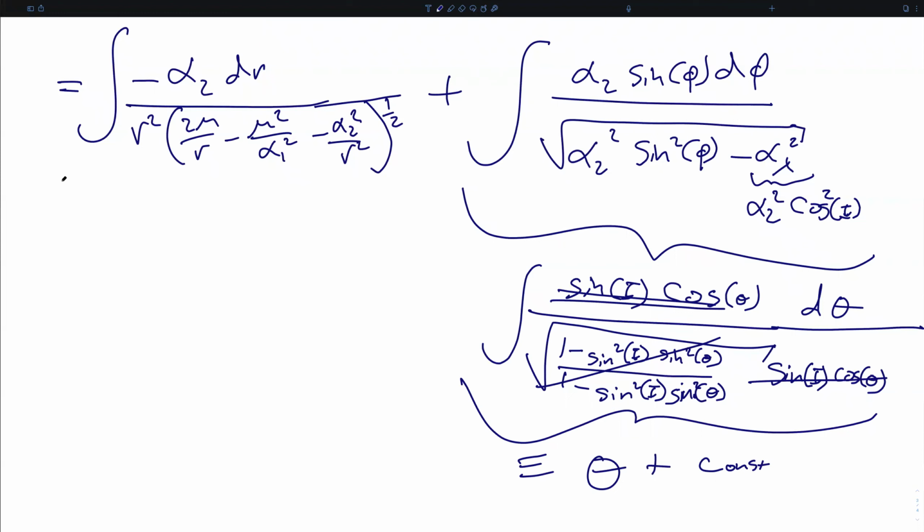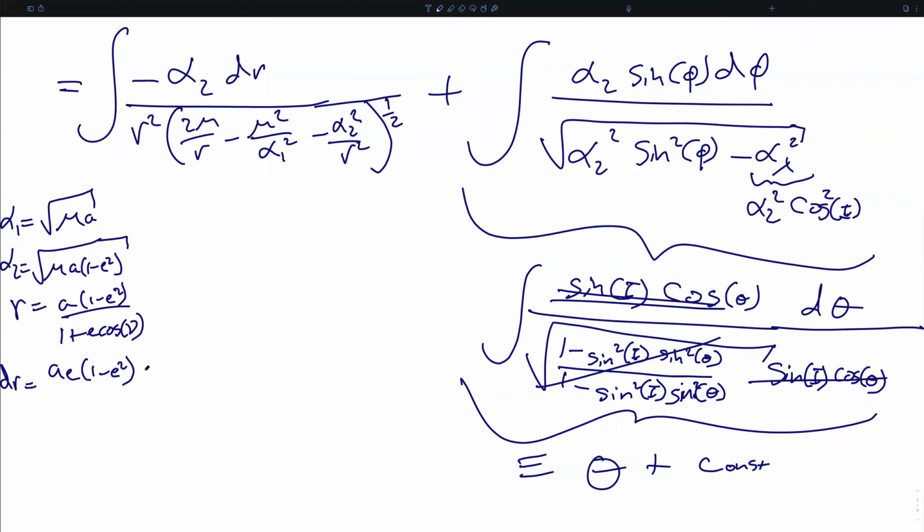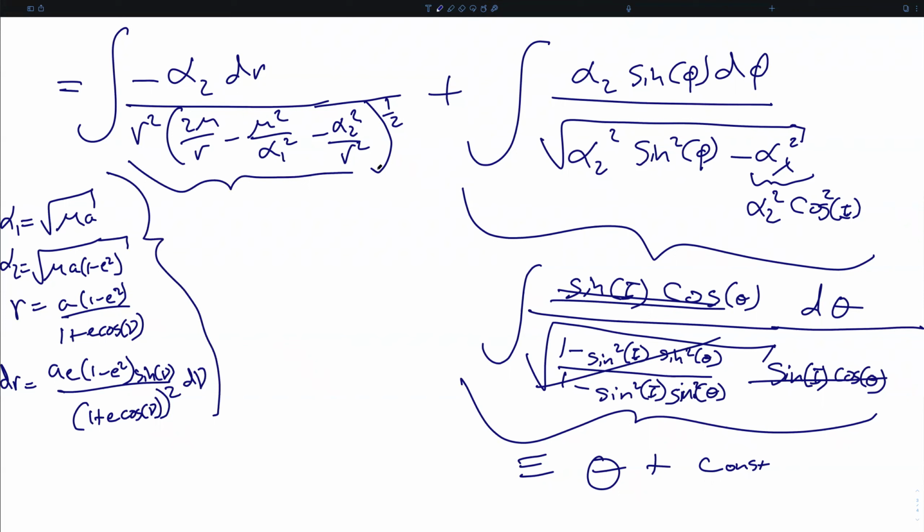For the first term, we are going to substitute once again. Alpha 1 is equal to root mu a, alpha 2 is equal to root mu a times 1 minus e squared. For r, we are now going to use the form as a function of the true anomaly. So r is a times 1 minus e squared over 1 plus e cosine nu, which means that dr is now a e 1 minus e squared sine nu over 1 plus e cosine nu quantity squared d nu. We substitute all of this into here, and we get,